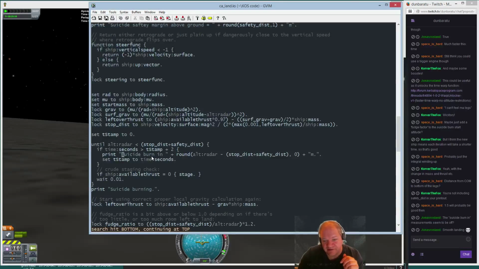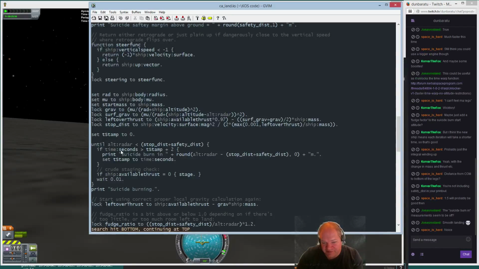if you'll notice, it looks at this number of seconds compared to the last timestamp. When it's been more than 2 seconds, it prints one again. So these are only printing every 2 seconds, even though the check is occurring much more often than that, just because I didn't want to spam the screen with this constant spew. So,